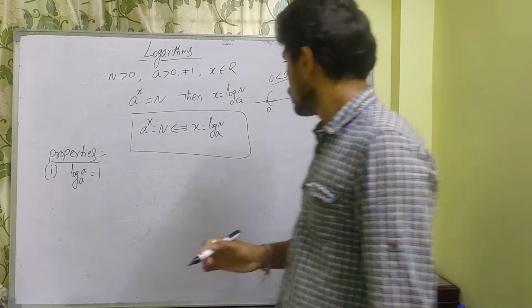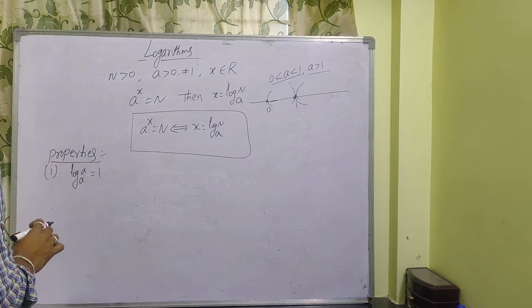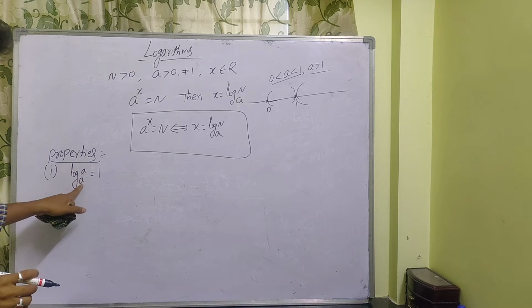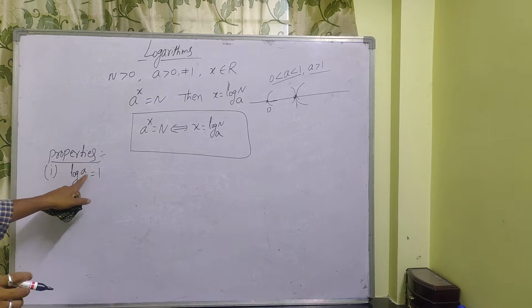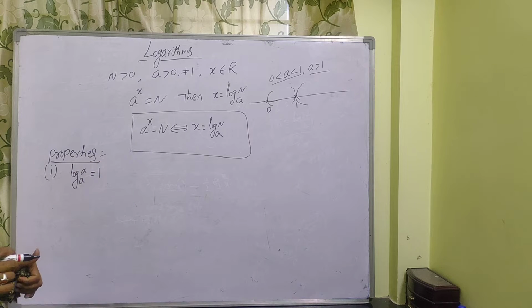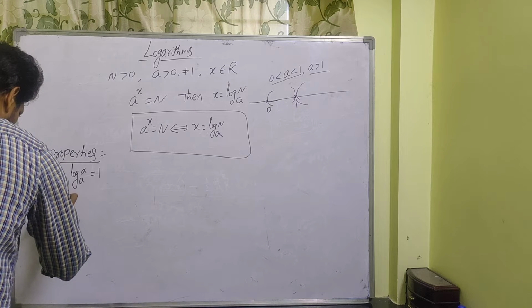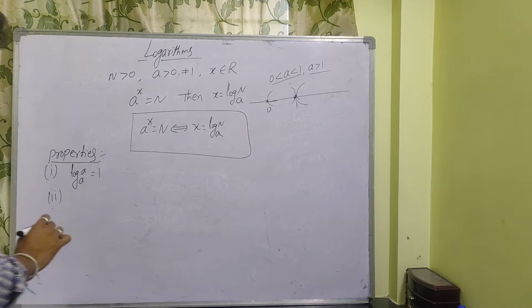Okay, see, log a to the base a is equal to how much here? Just remember, when the base and this argument are both equal, then you can say that the value is equal to 1. Next, the second formula is